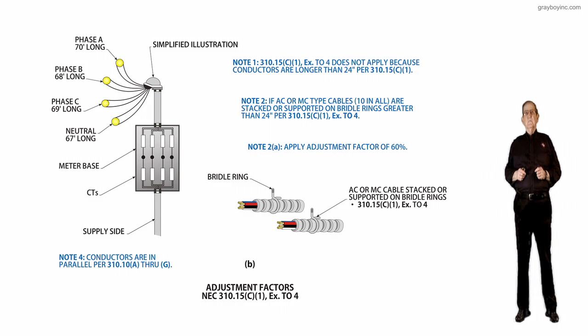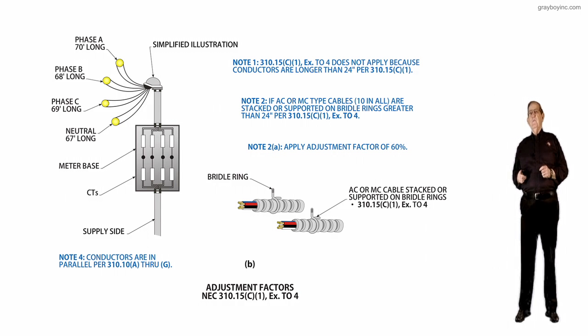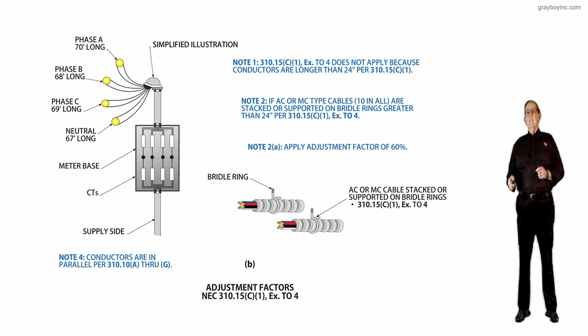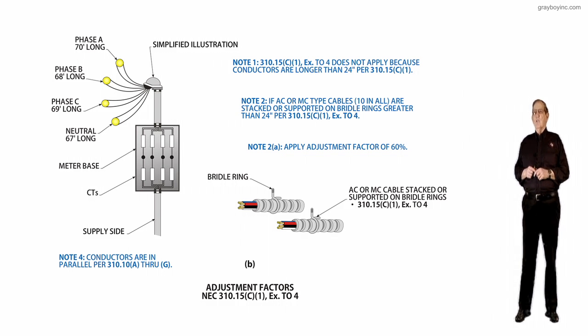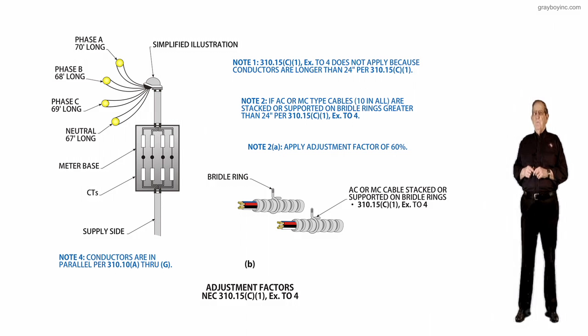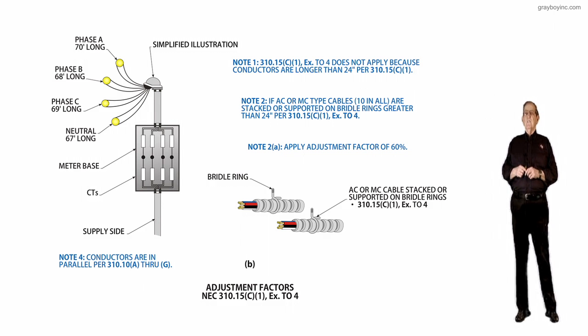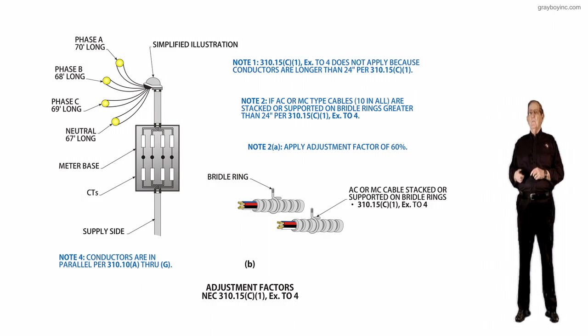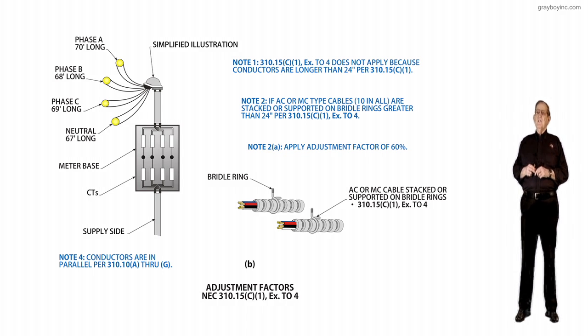Now, first, I'm going to review these AC type cables that you see at the bottom of the illustration here. First, I'd like to talk about AC or MC cables stacked or supported on bridle rings, 310.15(C)(1), exception to (4). That's the kind of AC or MC cable we're talking about here. And for the 24-inch rule, we basically see